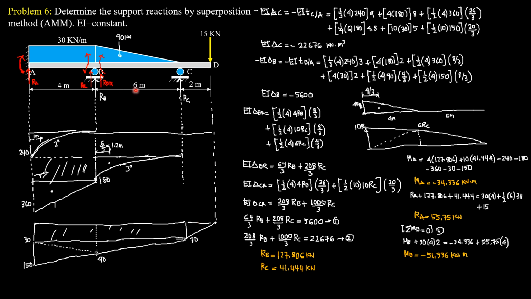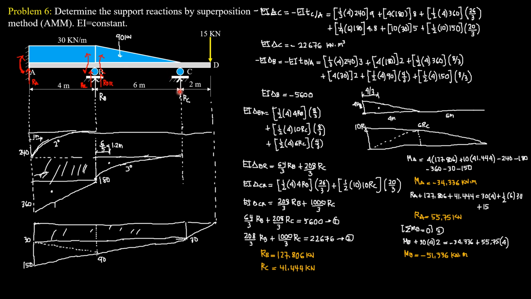So let's compute the deflection at C, which is originally the vertical deviation of point C relative to the tangent at A. And imagine that the B and C supports are removed, so it becomes a cantilever beam. Since the reference tangent at A is horizontal, the deviation is automatically interpreted as deflection. So negative EI delta C is also negative EI times the deviation of point C relative to the tangent at A. And this is interpreted by the area moment theorems as the moment of area between A and C with respect to C.